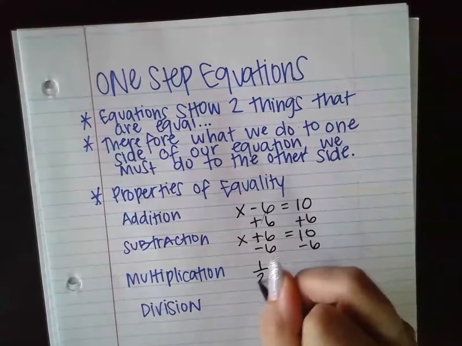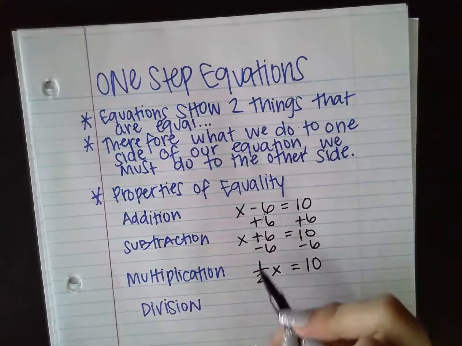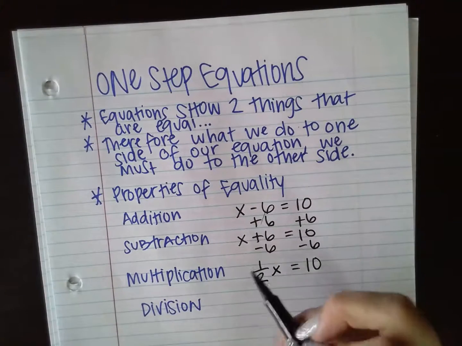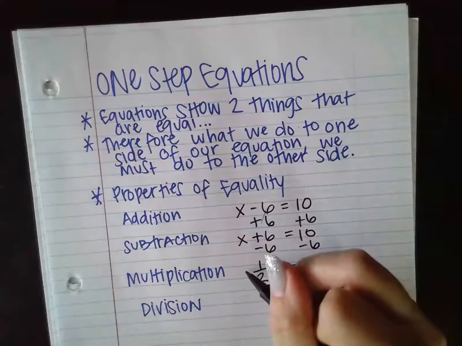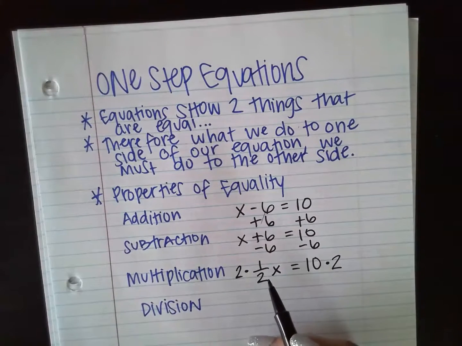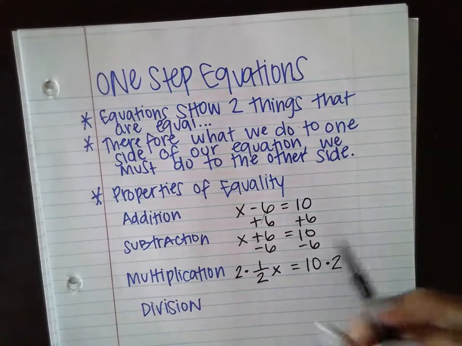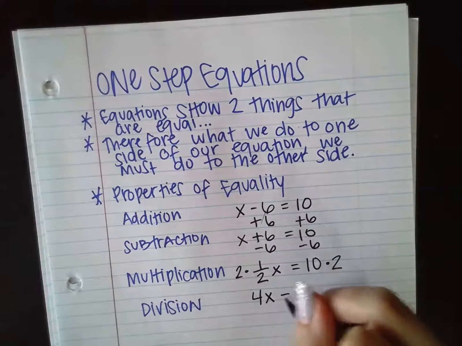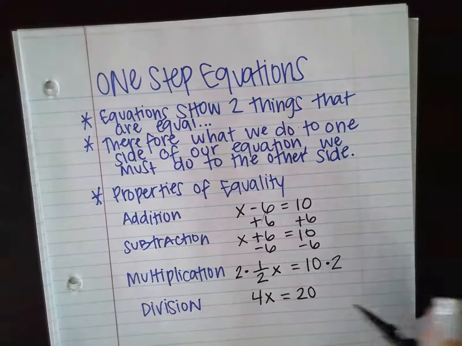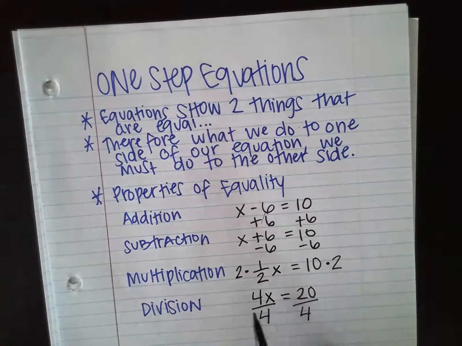Multiplication, let's say I have this problem: 1/2 x equals 10. In order to undo this division that's being done, remember this is 1 divided by 2, I can multiply both sides of the equation by the reciprocal. I'm doing the opposite kind of math than division. I'm multiplying and I'm keeping it equivalent. I'm multiplying both sides of the equation by the same thing. Division, if I have 4 times x equals 20, in order to figure out what x is equal to, I could divide 20 by 4 to figure it out. Again, I'm doing the same thing to both sides of the equation. We're keeping it all